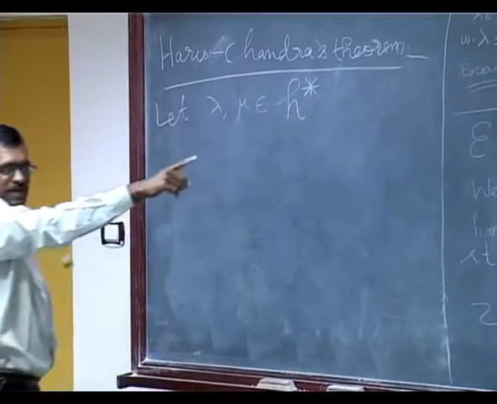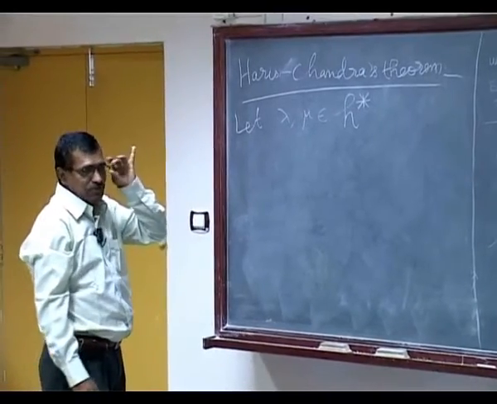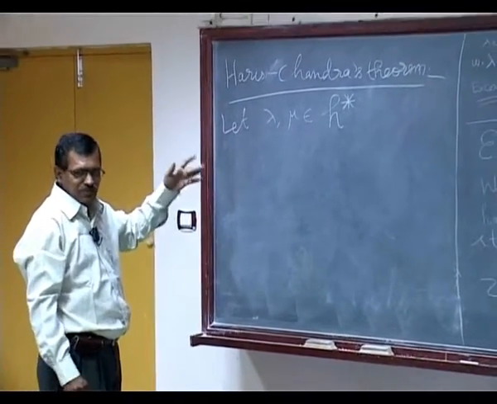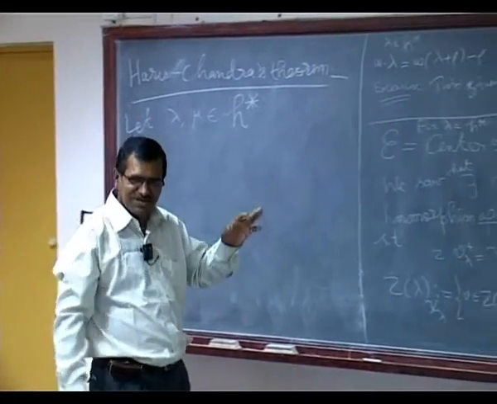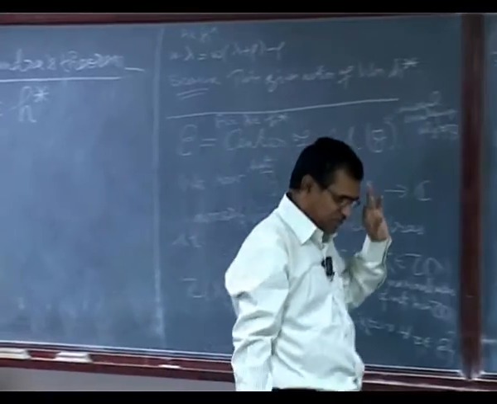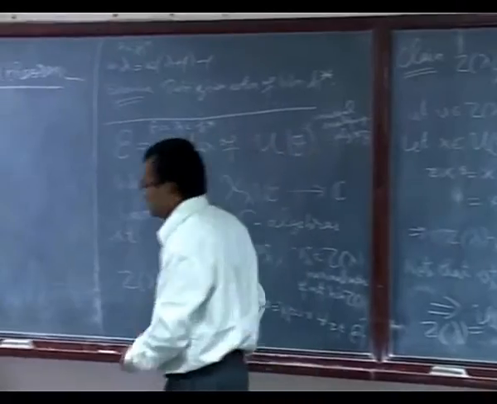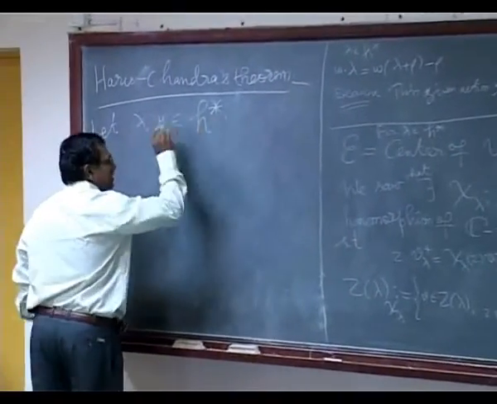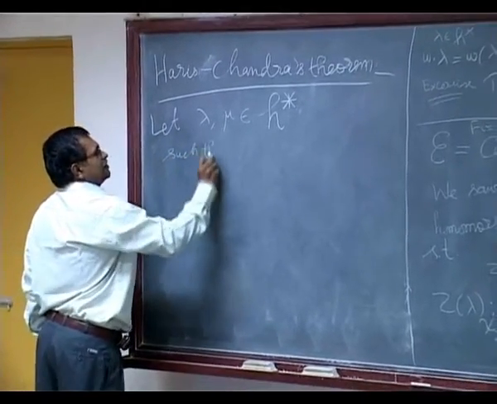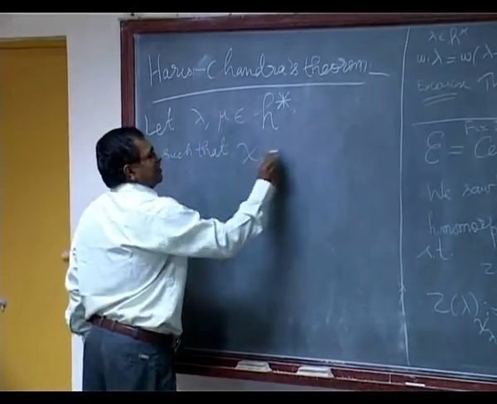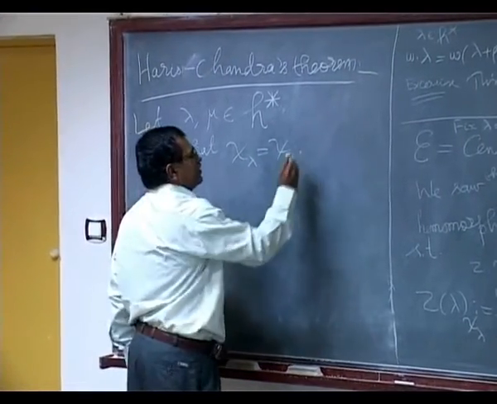Note that what we have done there is for lambda an element of the integral weights only, but here he is doing a more general statement for anything. But finally, what we are going to use is only for finite dimensional irreducible representations, therefore we should assume lambda and mu are integral finally. But anyway, this theorem is true for any two, such that